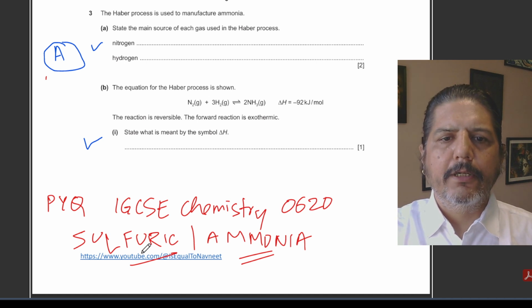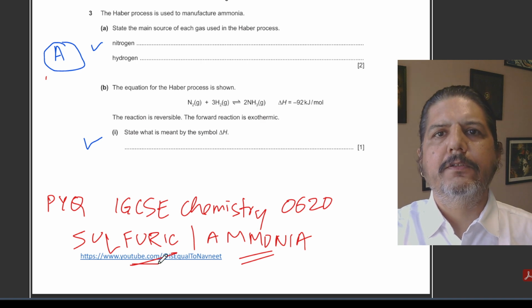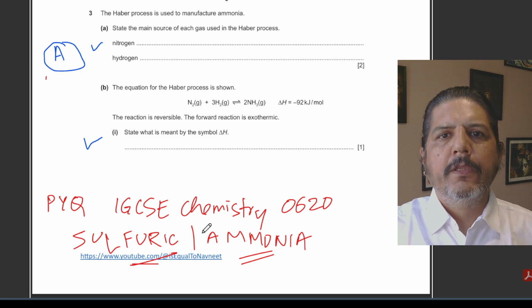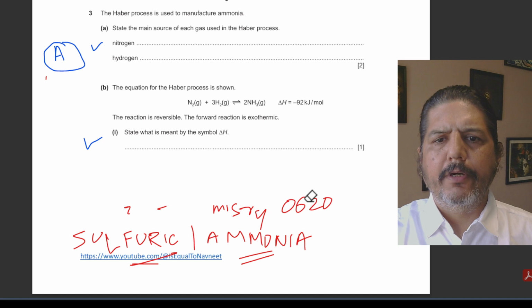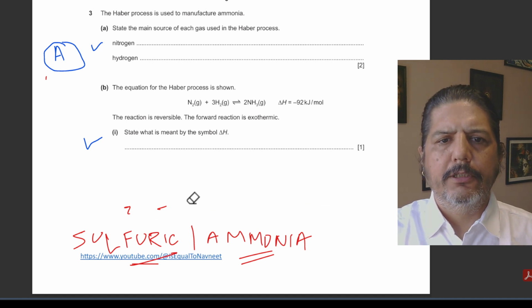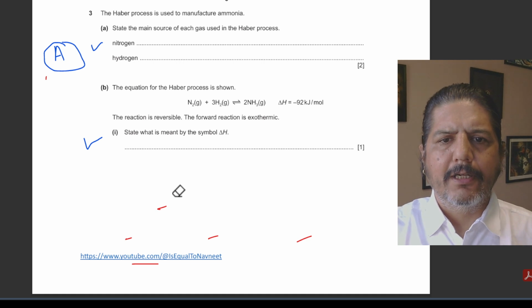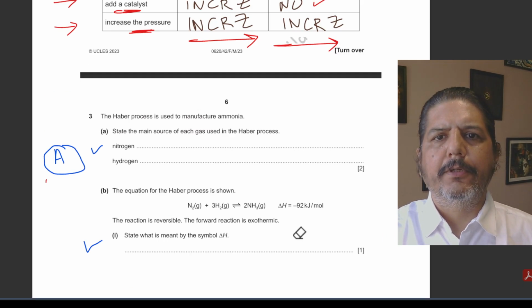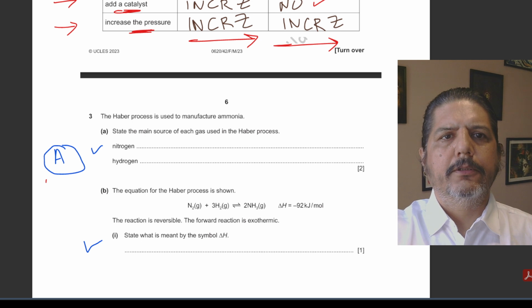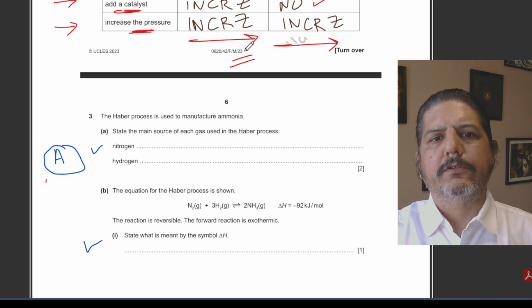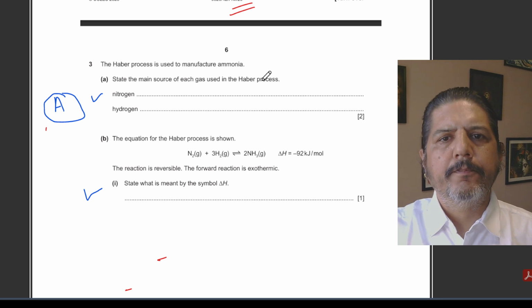If you want to have a look at the manufacture of sulfuric acid, please refer to another lecture, which is a detailed lecture, which is available. The questions which I have selected are from 2025, 2024, 23, and a few questions from 2022 also. All the questions that are in the PDF will have a year stamp like this. You can refer to that.